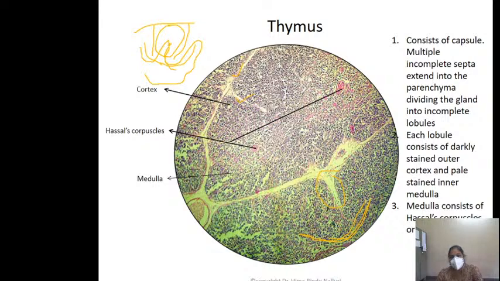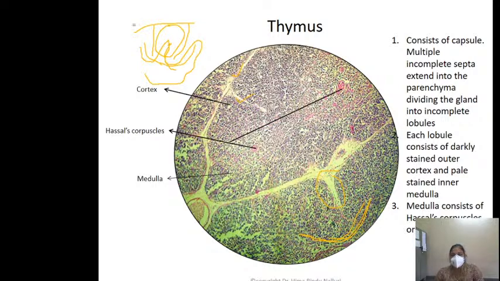You see the reticular fibers, but you don't see them on low power microscopes. Unless you use special stains, you can't see the reticular fibers. But for the thymus, the supporting network is the epithelial cells. These are called the epithelioid cells or the epithelial cells. These are thymic epithelial cells, and these lymphocytes here we call the thymocytes, and within the thymus you see a number of epithelial cells forming the network,